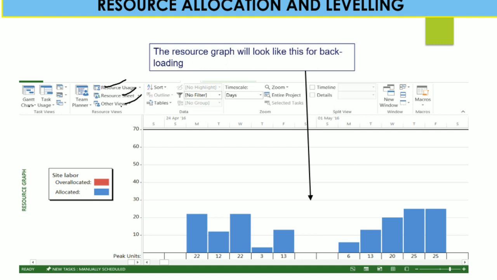So you can utilize your leveling skill based on the different theoretical processes, and Microsoft Project will give resource allocation and leveling at a better level. Here we conclude this resource allocation and leveling lecture. In the next lecture we will take some more Microsoft Project inputs and other necessary work. Thank you very much.